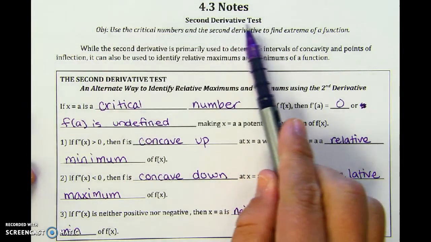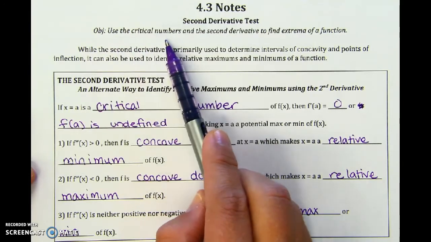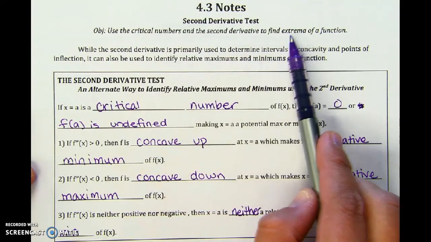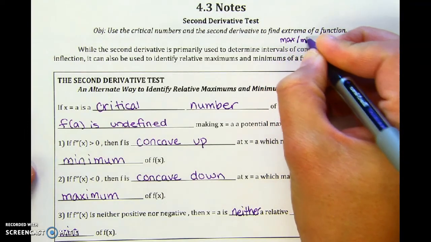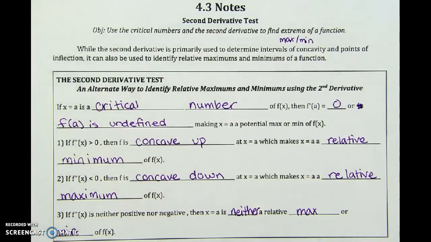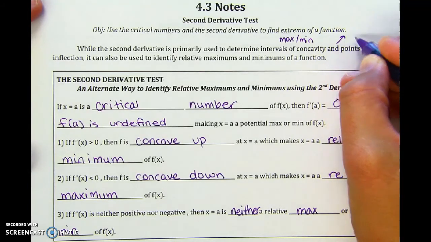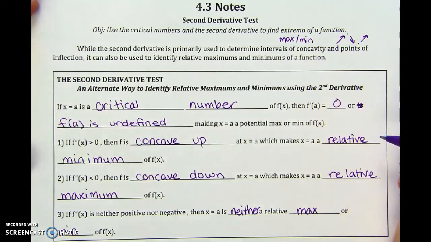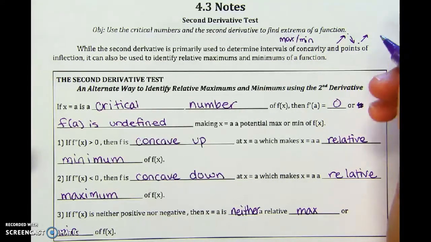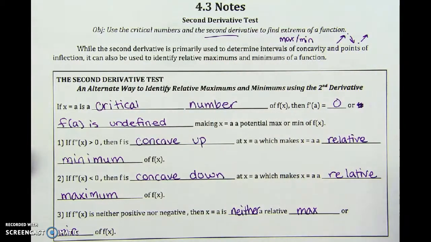So, second derivative test. We've been talking about the second derivative and concavity. And now we're going to use the critical numbers and the second derivative to find extrema. Extrema are the max or min. So we used to use the first derivative, but that was a lot of work, and we had to find the intervals where the function is increasing and then decreasing and then increasing, and then we go, oh, there's a max here or a min here. But sometimes we're only given the second derivative, and I'll explain how we can get the max or min from